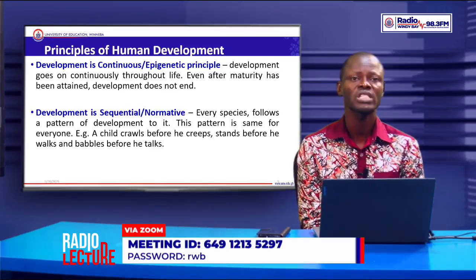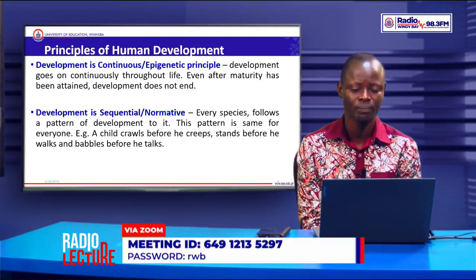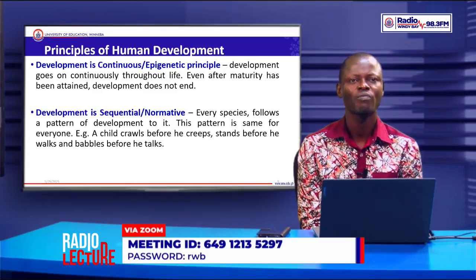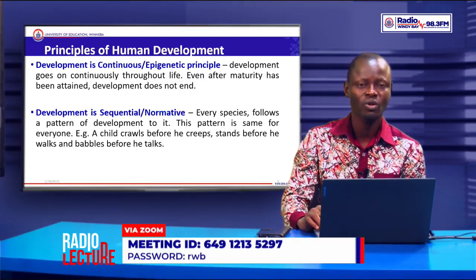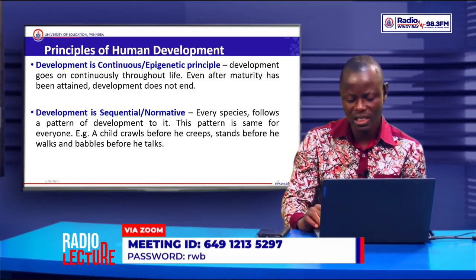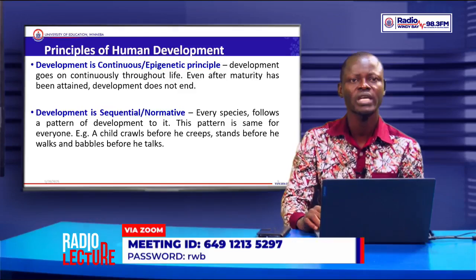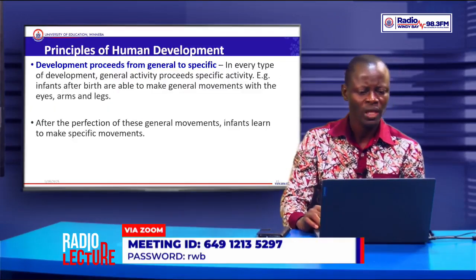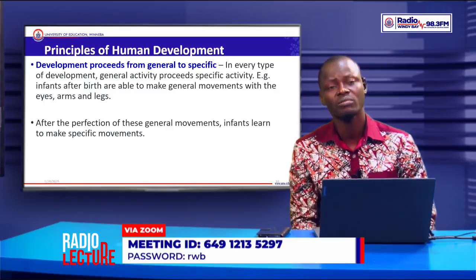There is no child who will get up and be talking today or be walking today without first of all creeping or standing. And the child will have to fall several times and get up. This determination will finally see the child walking one day. So it means that growth is sequential and it's an orderly way of developing, which the individual has no control over. But these are things that will happen with respect to the age the individual attains at every point in time.